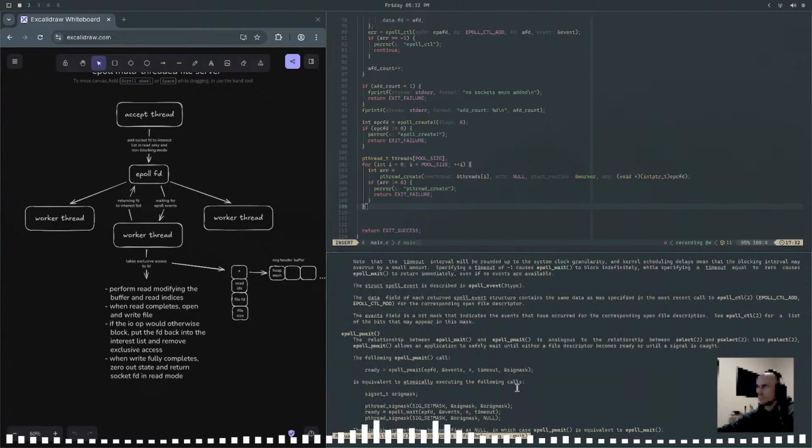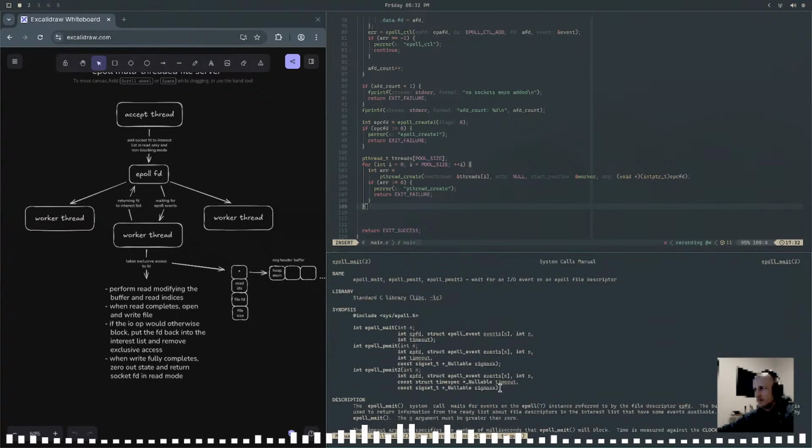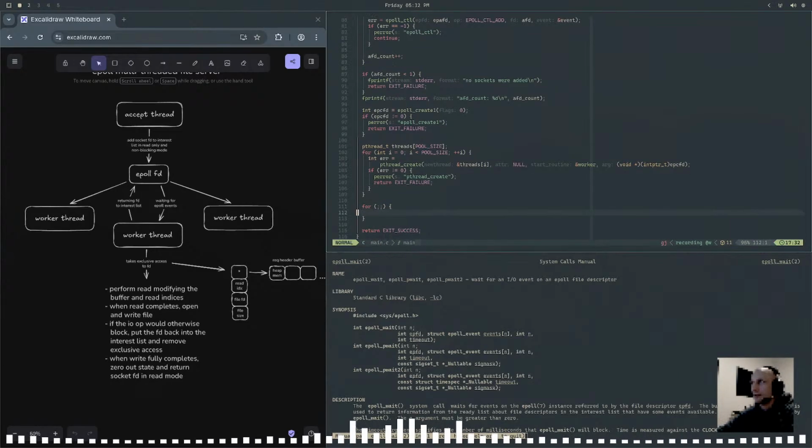So the epoll pwait2 is like the better one if you want to do nanoseconds. But I think what we'll do here is say forever. We're going to epoll wait on the epoll accept file descriptor,